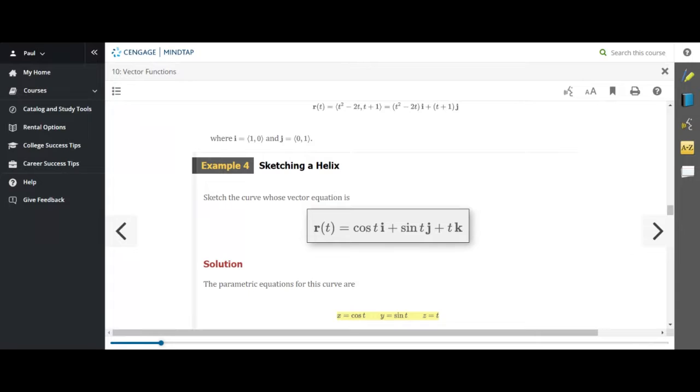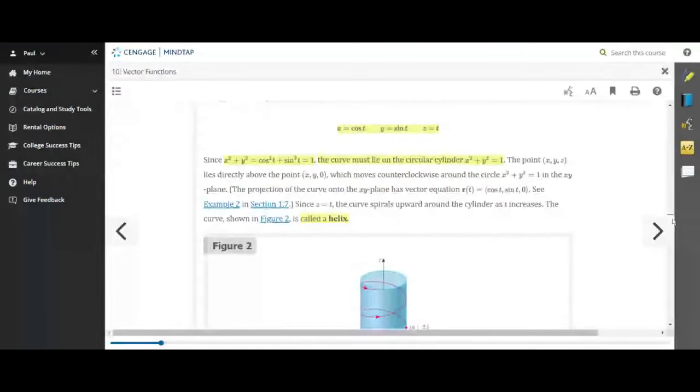Well, you need 3 components because a helix is in 3-dimensional space. R of t could have components cosine of t, sine of t, and t. And if you use that,